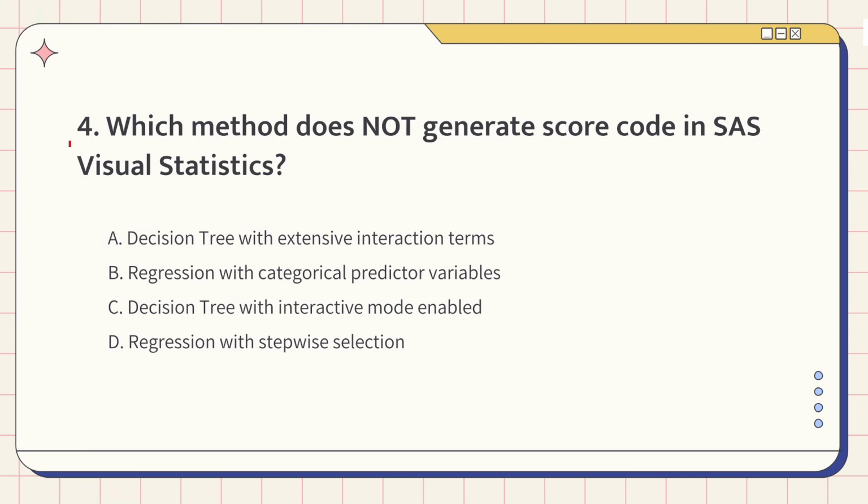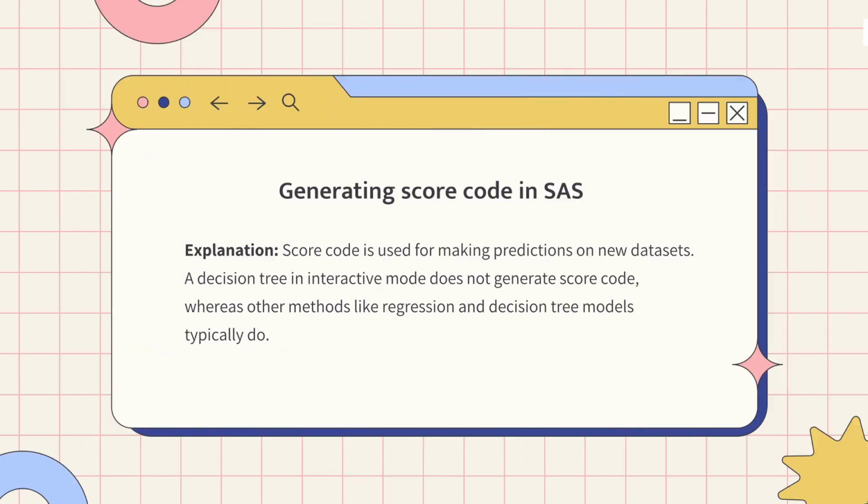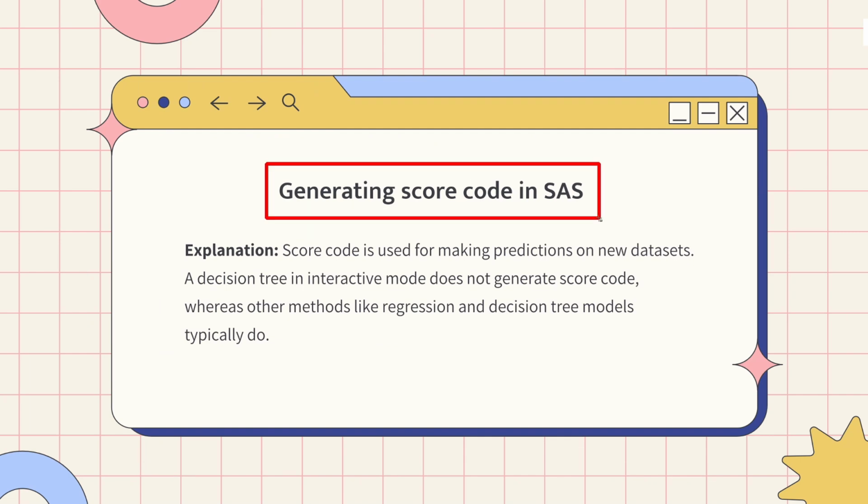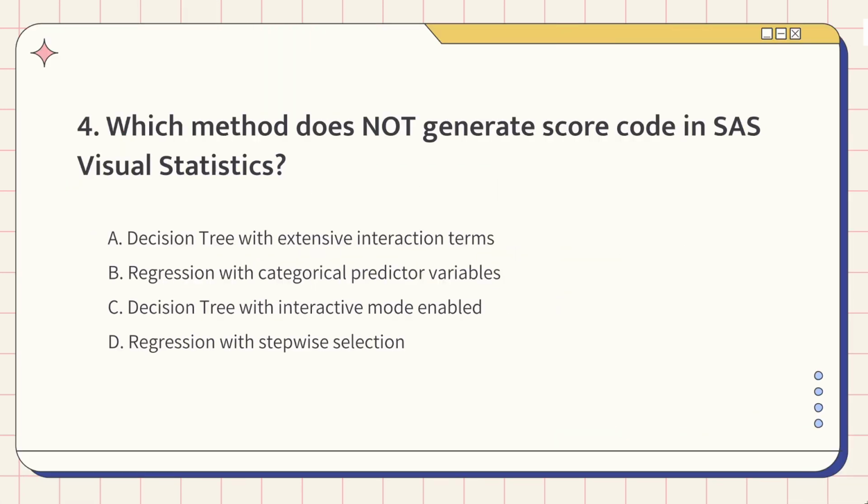Question 4. Which method does NOT generate score code in SAS Visual Statistics? This question tests score code generation in SAS. The knowledge points of this question are generating score code in SAS. Most methods like regression or a decision tree will create code for predictions, but if you're using a decision tree in interactive mode, it won't generate that code. So the correct answer is